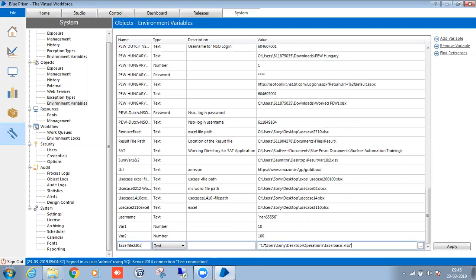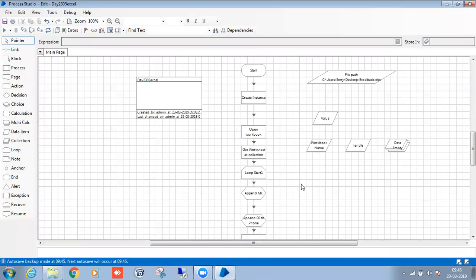Here you have to pass the file path without double quotations. Done. You can apply. So Excel file 2303 is the name. Click on OK.